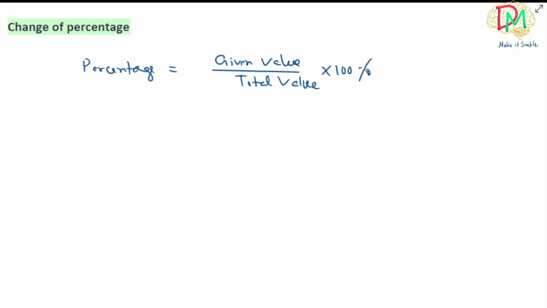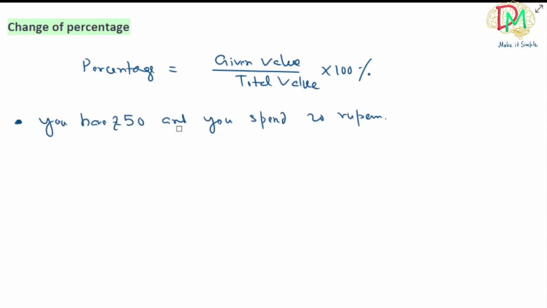Next we learn the change of percentage. Previously we have learned that percentage is equal to the given value divided by the total value, into 100%. What does that mean? For example, if I told you